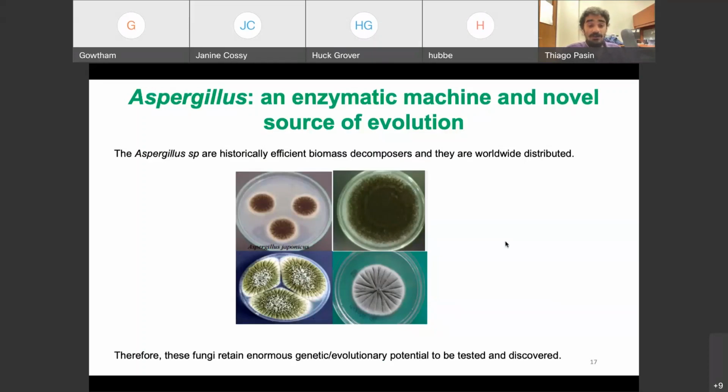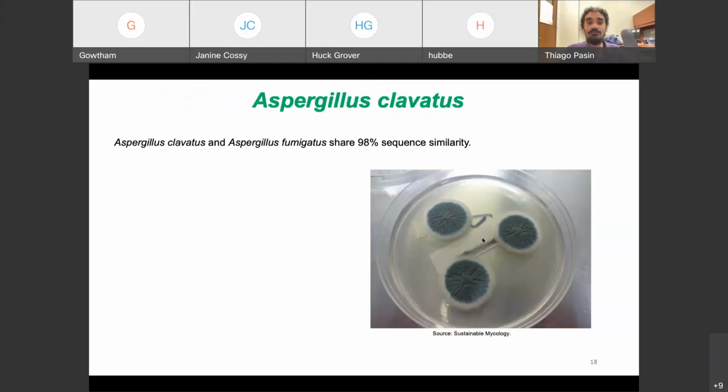So therefore, these fungi retain enormous genetic evolutionary potential to be tested and discovered, because these fungi can be found in every corner of the world. So they have a lot of different genetic and evolutionary information that is sometimes hiding